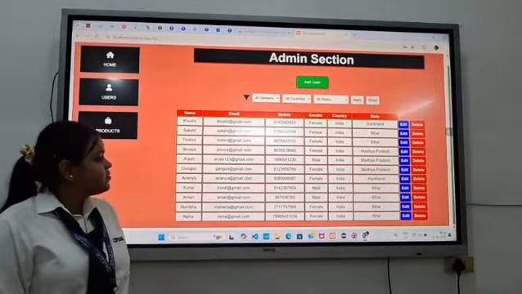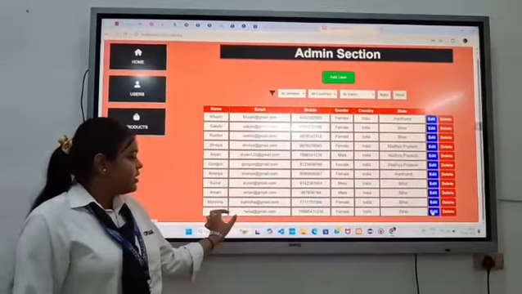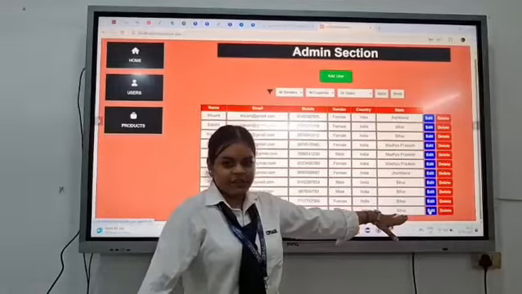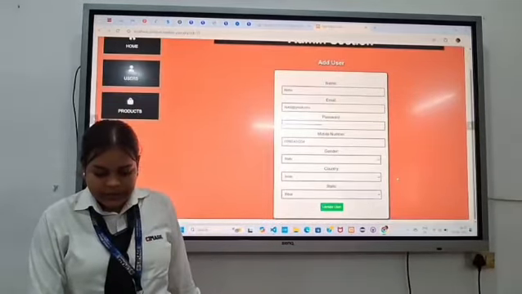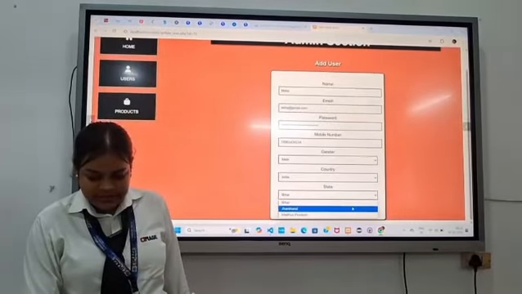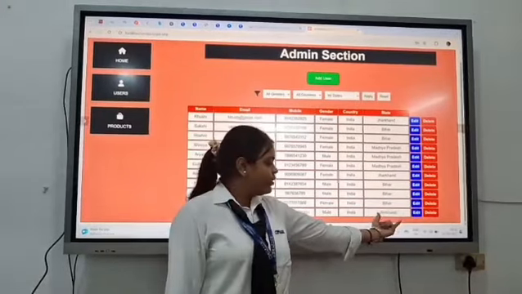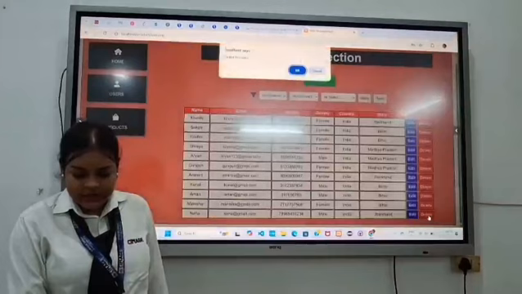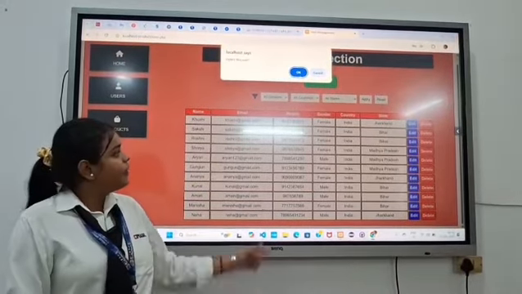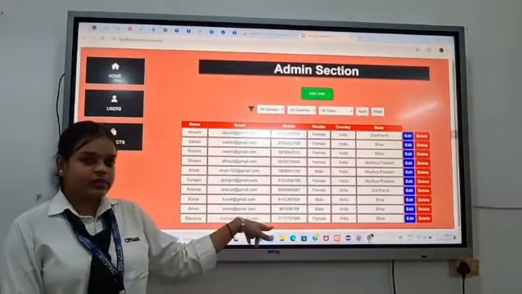Now the next operation we will perform, as we want to edit this user because we have given an incorrect state. We will go to the edit page and then we will select the state as Jharkhand. Now we will update here and the record got updated. Now we want to delete this particular record. So we will click on the delete operation. It will pop up with a message to delete this user. We will click on OK and the particular user got deleted.